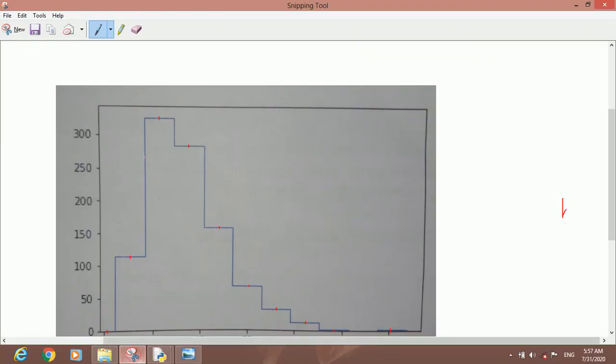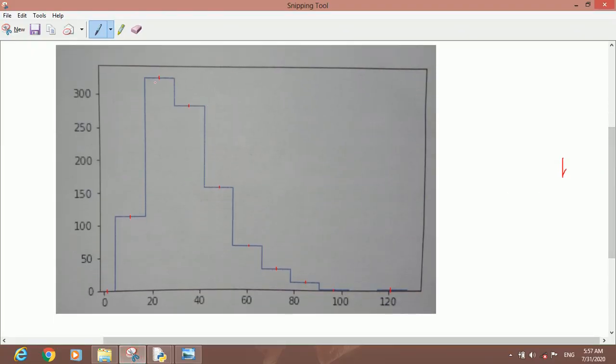So like this, here you can see on each bar we have a midpoint. I have marked a midpoint on each bar. And after marking the midpoint, we have to connect with a line. All these midpoints we have to connect with a line. Remember this. And that only will look like a polygon because that has connected all the middle frequencies.